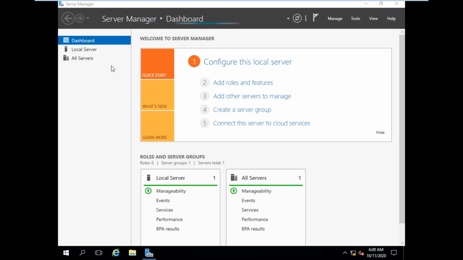They will ask the question, how do you know whether the system is a workgroup system or a domain system? For that we have commands, and we have the graphical mode also. I will show you both.